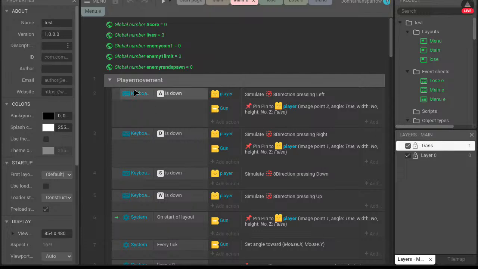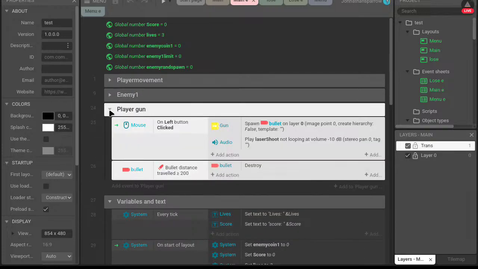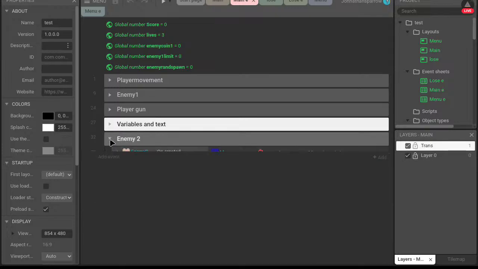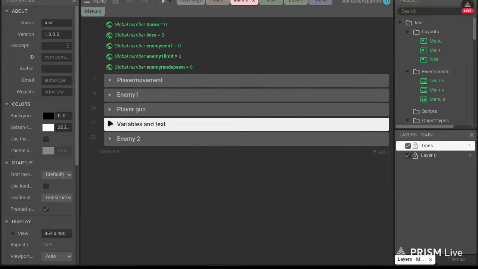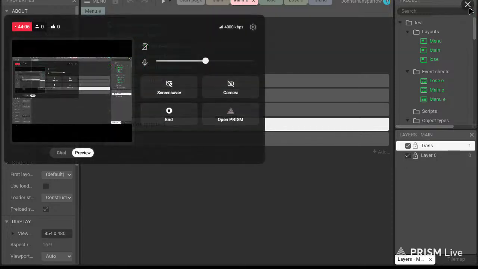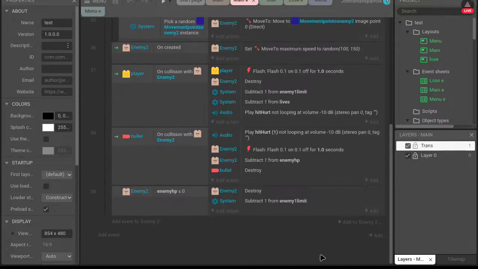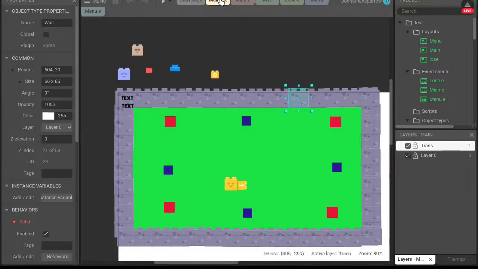This thing has 39 lines of code. Yeah, I'm gonna change some stuff and add some more.